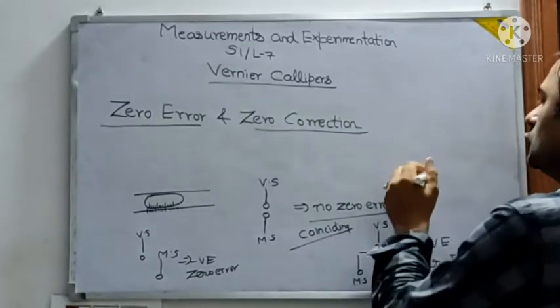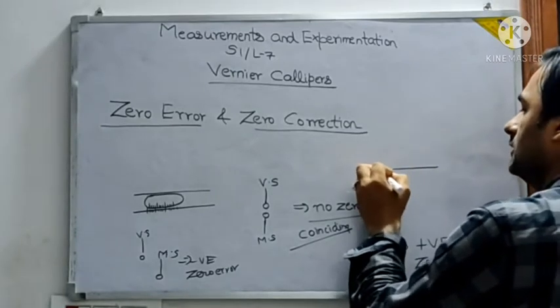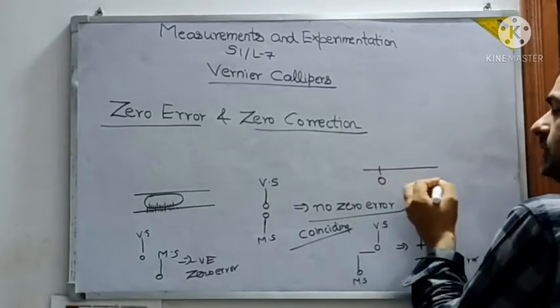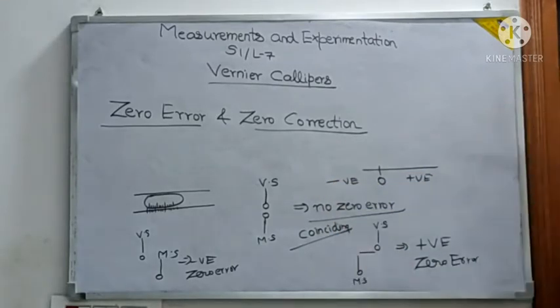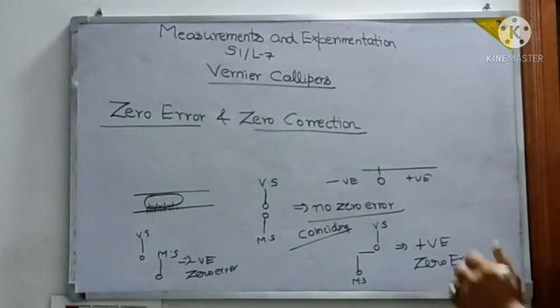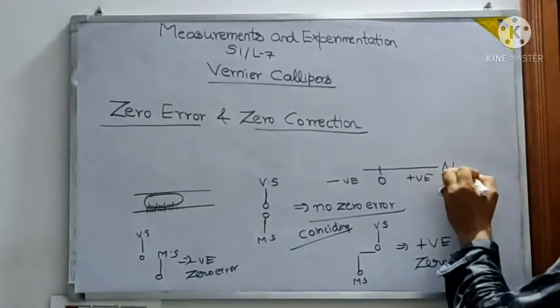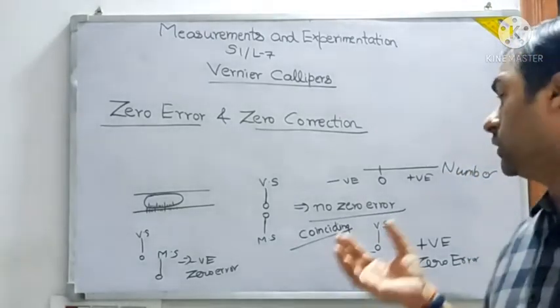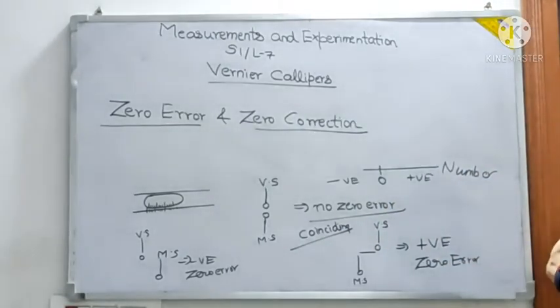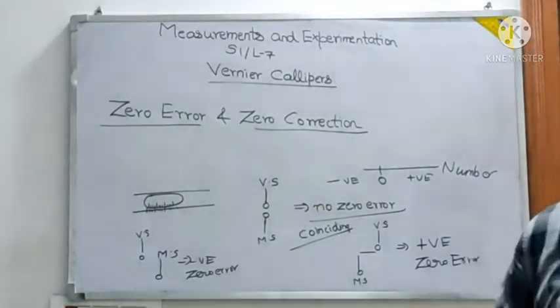To remember this, do you remember the number line? Zero is here. On this side, what? Positive numbers. On this side, negative numbers. So basically by the position of the vernier only we are deciding. So on the number line, do you find that on the right hand side they are having positive numbers, on the left hand side of zero there are negatives?